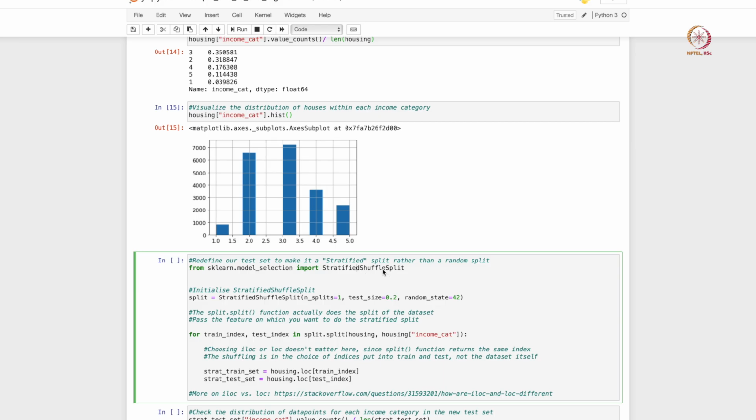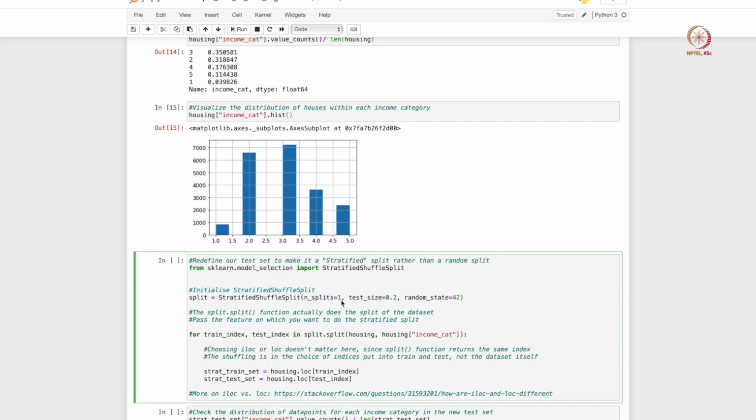What this does is it is able to take data points from multiple categories, so multiple stratifications of your data, and within each category it will do shuffling and take data points at random. That is why it is called a stratified shuffle split. First thing you do is initialize the class. You say how many splits you want. We want one split, where one is training and the other is testing. So that is one split of the data.